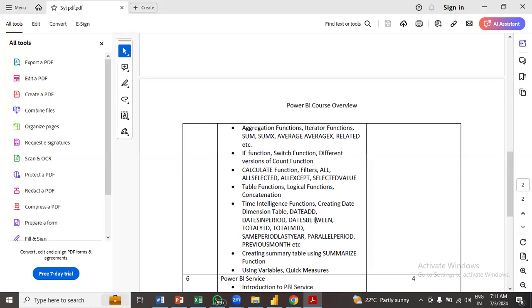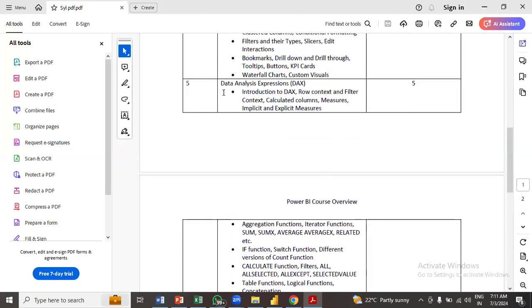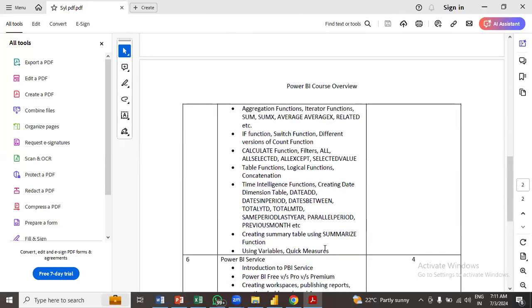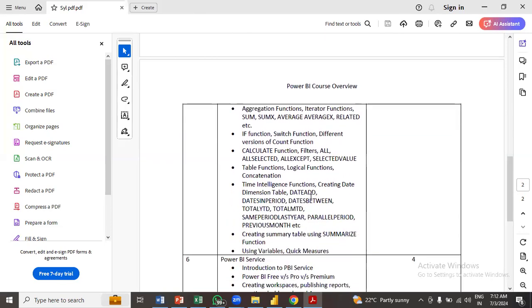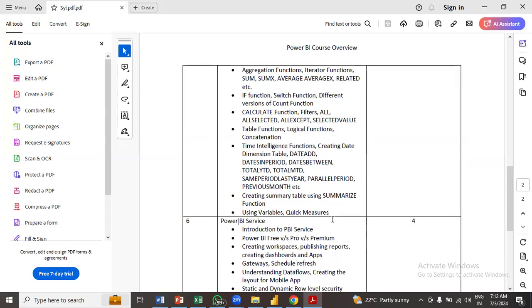And the DAX, this particular component of the course, will be kind of elaborate, because the thing about data analysis expressions is that you are as good in Power BI as good you are in data analysis expressions, because while doing the reporting, it's all about achieving the customization that the business end requires, and the workaround customizations can be done better only if you have a good understanding of the DAX concepts in Power BI. Okay. And once the DAX is done,